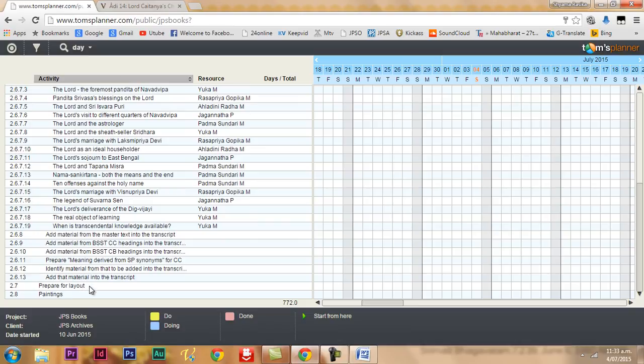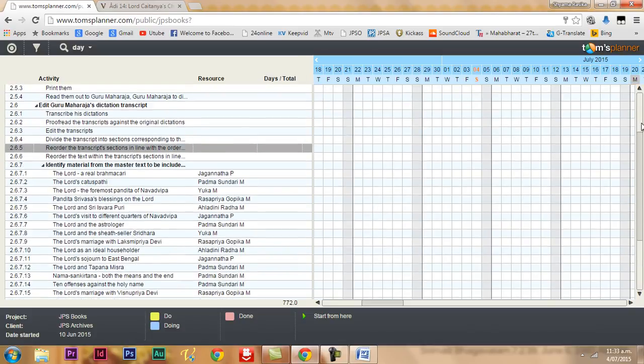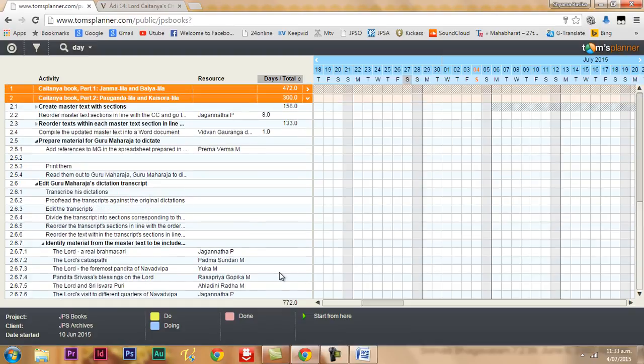As you can see, this is not complete. I have to further add subtasks here and assign devotees who will do them. Sometimes I change. Sometimes devotees are not able to do work because they have other commitments, so then I'll have to change. So this is something that I'll keep on updating all the time.